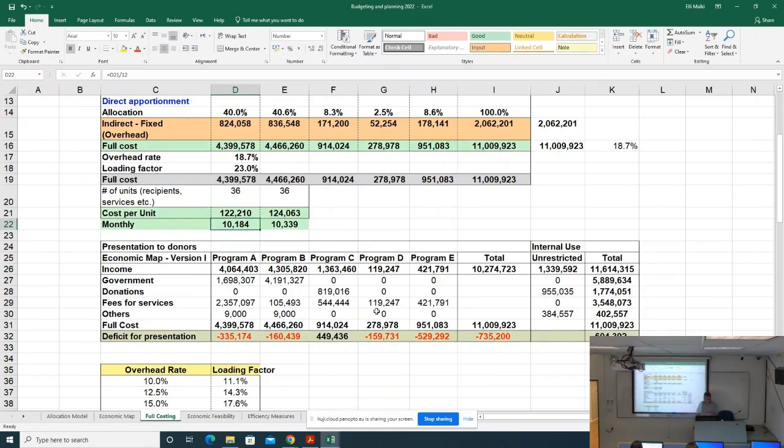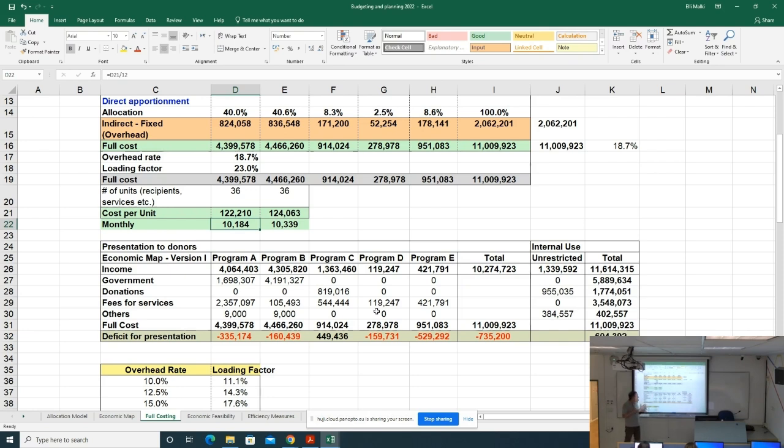This table, presentation to donors. And this goes back to our example from the course of the organization which deals with addiction rehabilitation. So what is the purpose of this table? This is a very important table